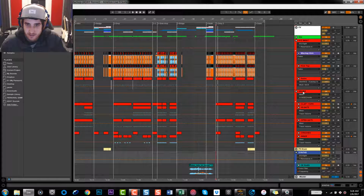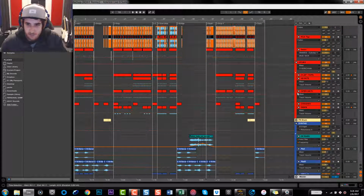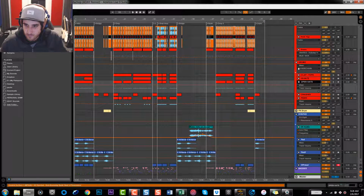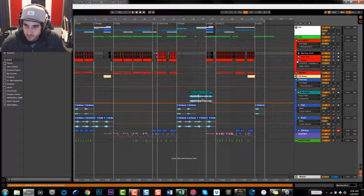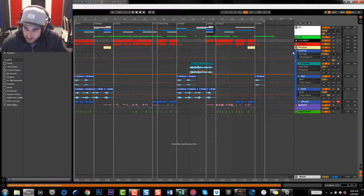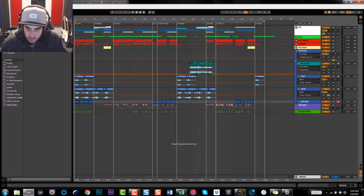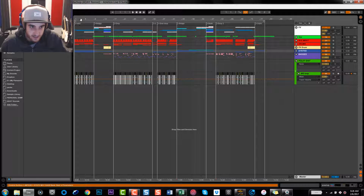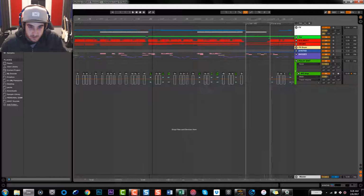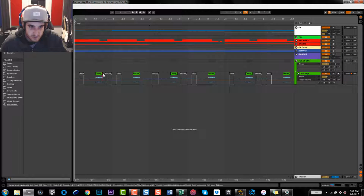And I mean, that's the effects. These are just risers, and pretty much all of that. I think I just added a few impacts and stuff was his. We went over the drums, they were pretty basic. We went over the synths, they were just basically drone stuff. Oh yeah, that's the offbeat. Basses we went over, so the only last thing I could show you guys is, let me hear it on the drop. Actually no, you could probably hear it better in the intro. Are these little